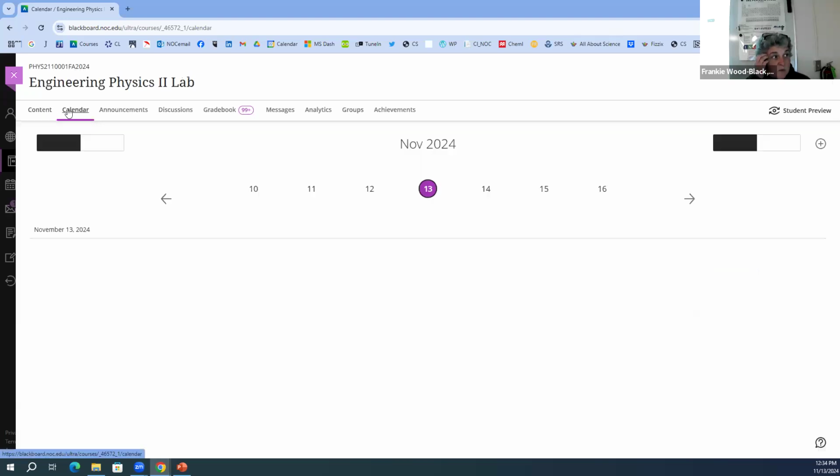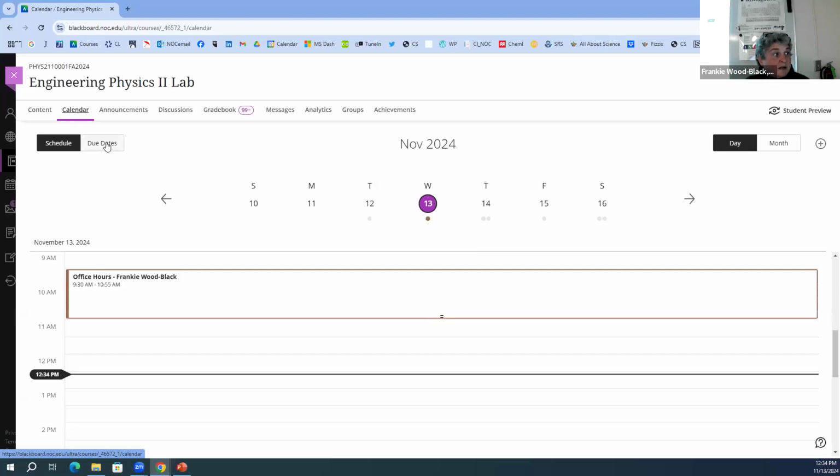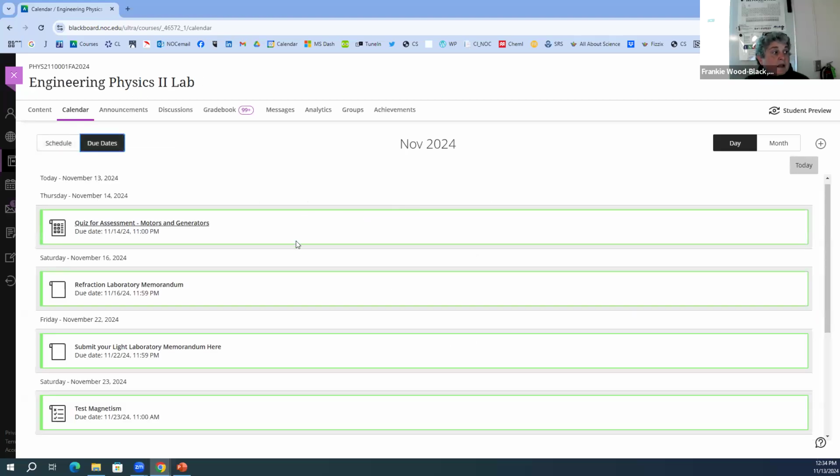Going into the calendar, what you have left at this point is the assessment for motors and generators, which is due tomorrow. Your refraction laboratory is due this weekend. Your light laboratory is due on the 22nd. Remember, that is a